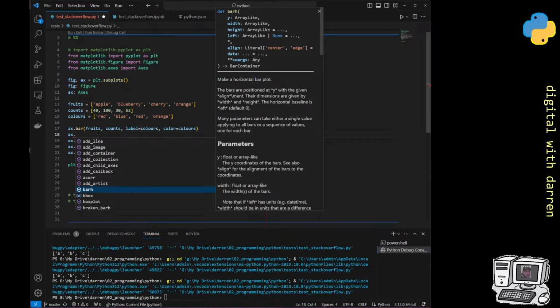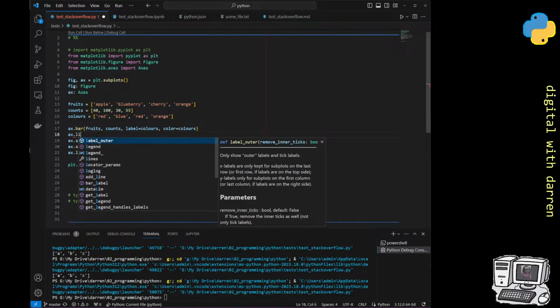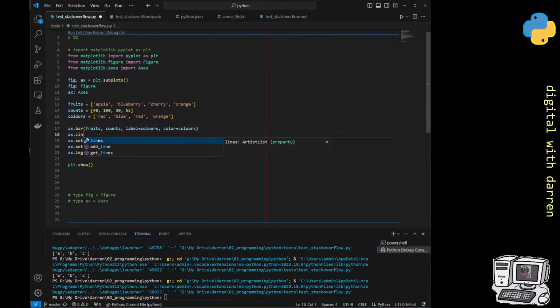I was going to say a bar chart because it popped up, but I don't want to do a bar chart. Let's say I want to do something else, like a line chart. Let's type in line. There you go, like lines. I don't know. We'll do something else that's available. So I've done a title, Y label. Okay, I can do an X label. So X label. Now,